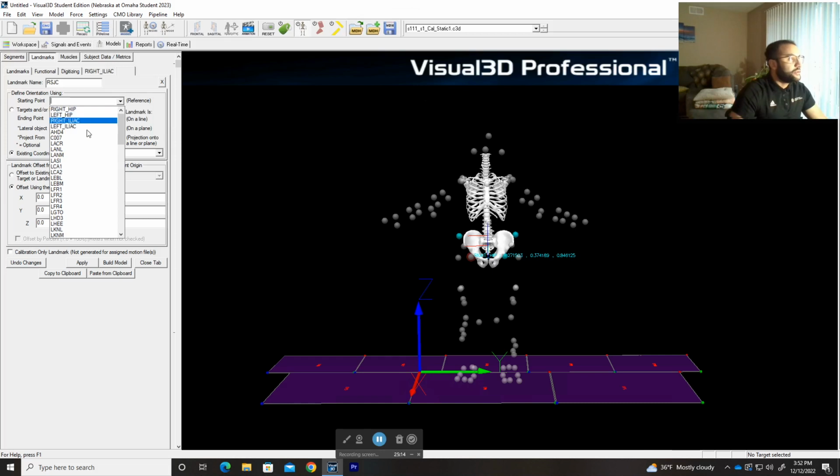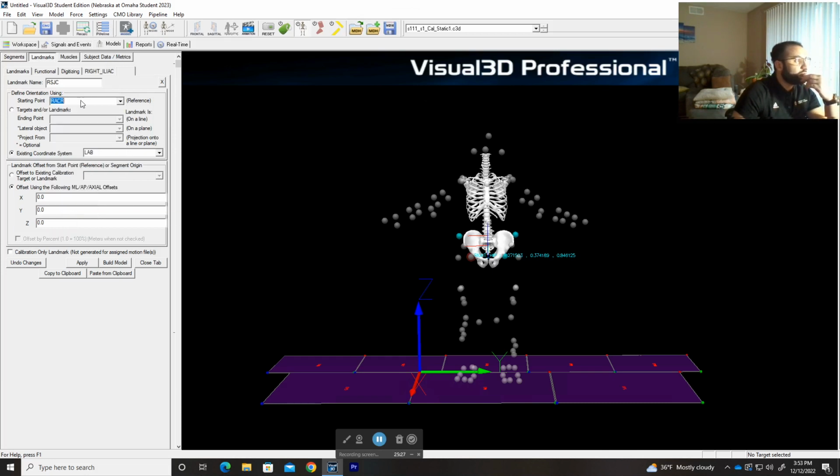That's what I remember. So we chose the right anterior shoulder as a starting point. Yep, so no, this is the right acromion. So we want the right anterior, yep, so this is the posterior right shoulder